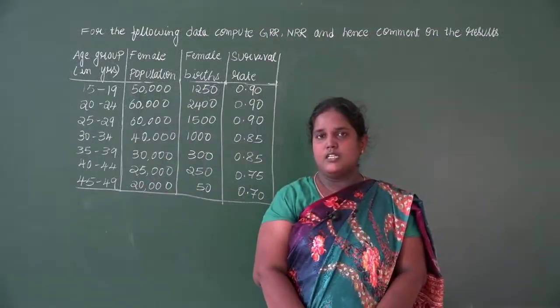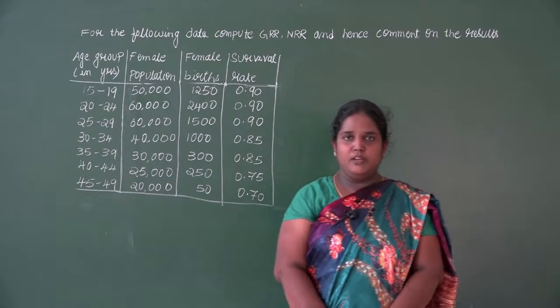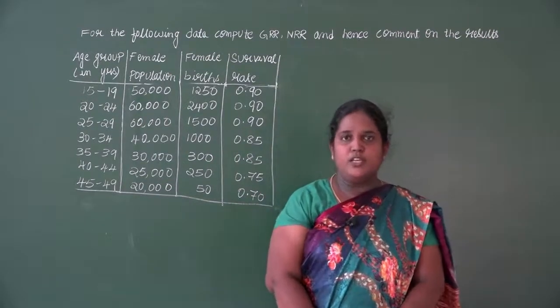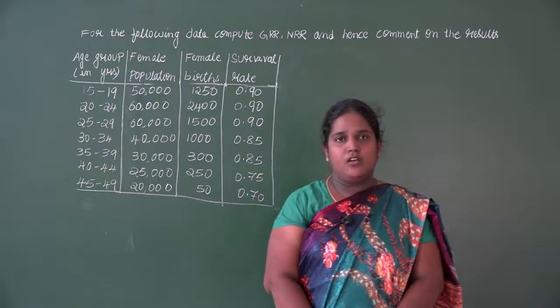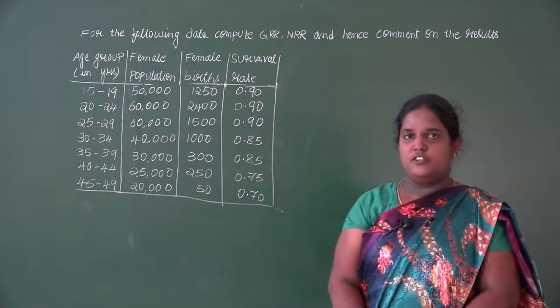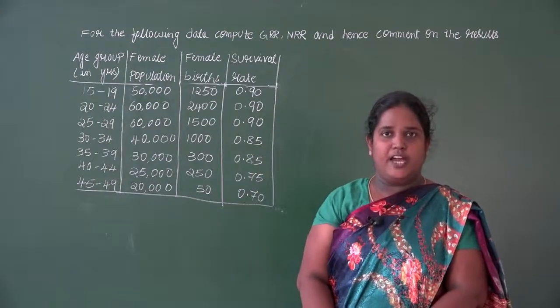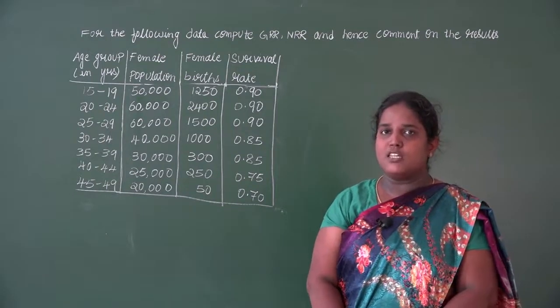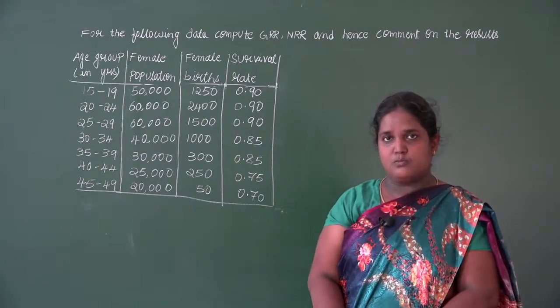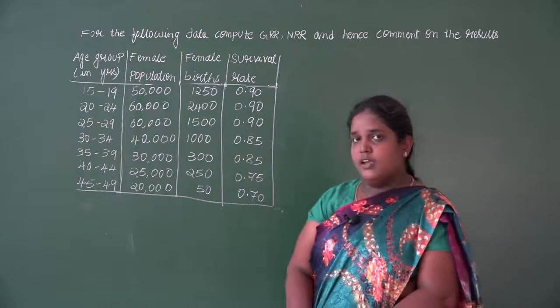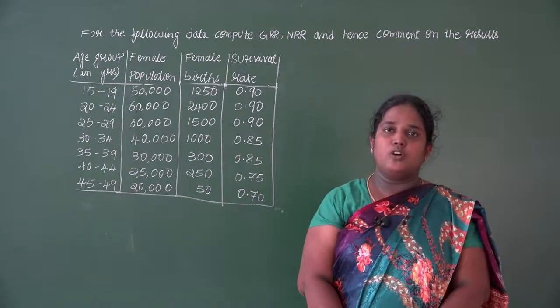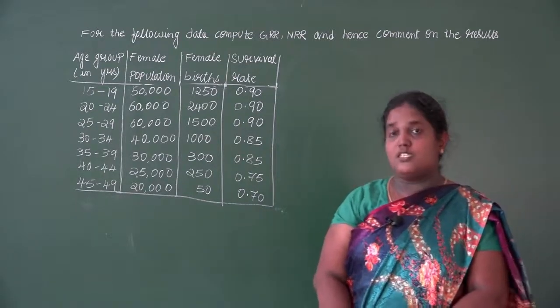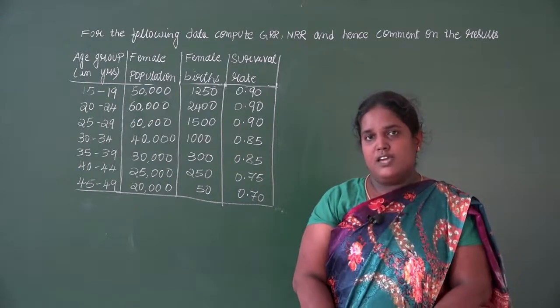Okay students, take this problem as an assignment. Again in this problem you will calculate GRR and NRR, then you will comment based on the result. Comment based on NRR, don't comment on the GRR because there are no marks if you comment on GRR. There are marks only for the comment on NRR. So try to work out more problems on this topic because it is important from your exam point of view.